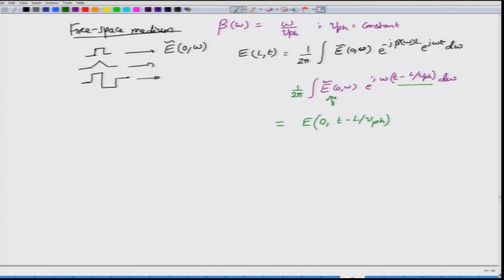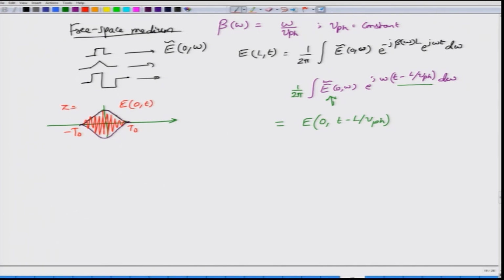What we mean by this is that if I consider some sort of a pulse like this. Of course, in an actual scenario the pulse will be modulated onto the carrier, and therefore, you would see something like this. So, there is a carrier out there, and this pulse, let us say, extends from minus T naught to plus T naught. I am just taking some arbitrary numbers, because you will soon see that there is no need to even worry what kind of a pulse this is, because this might be the input E of 0 comma t,